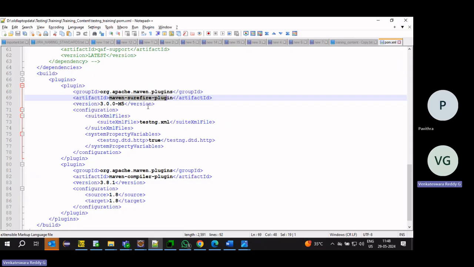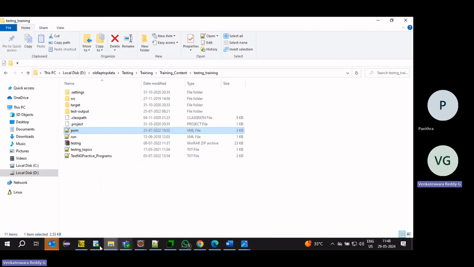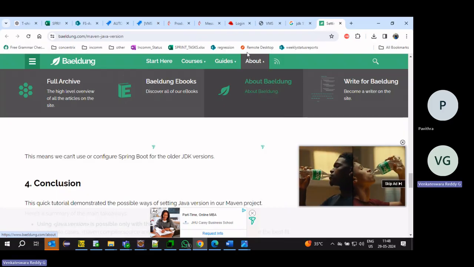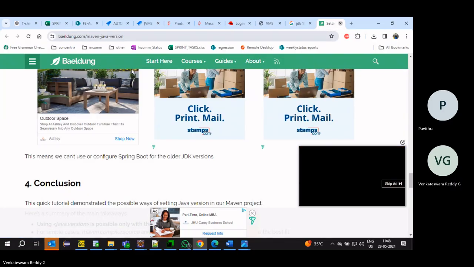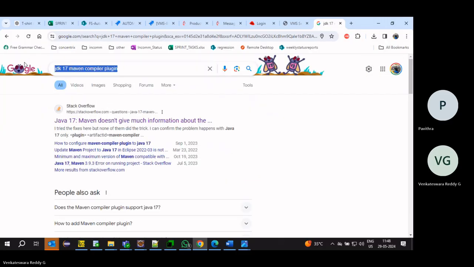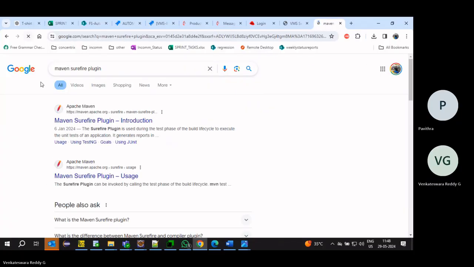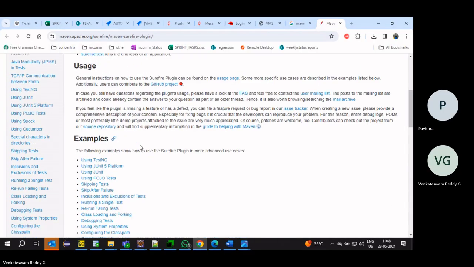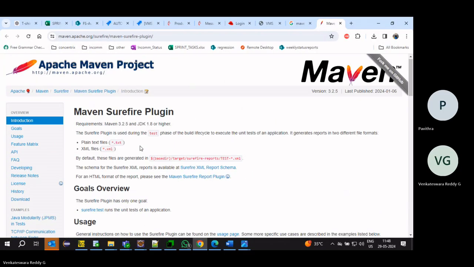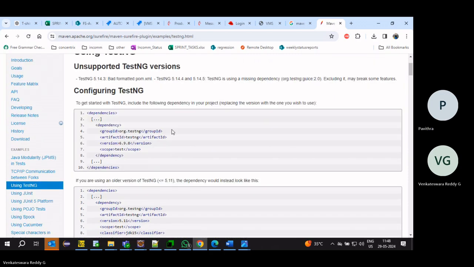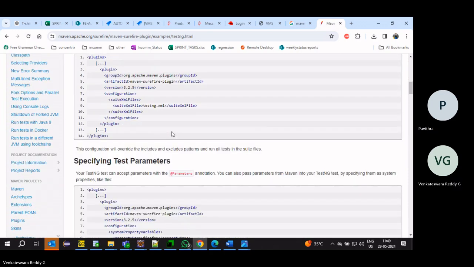If I want to add it, you can search in Google and get that Surefire plugin.